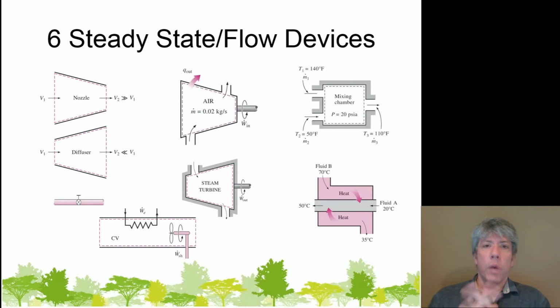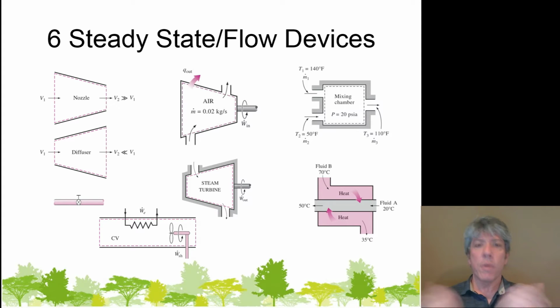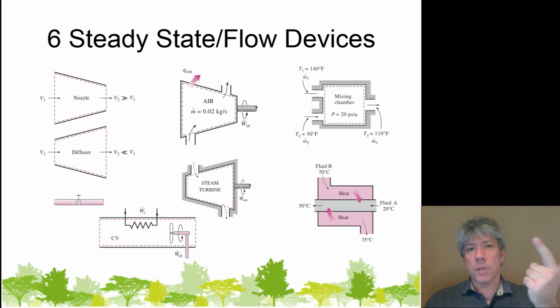So now let's see what these steady flow devices are that could be interesting to us. Well, here they are. There's 6, and I say there's 6, although if you count them, it seems like there's many more, but some of them are reverses of each other. For example, a nozzle is basically the reverse of a diffuser, and a turbine is essentially the reverse of a compressor. So the devices we have are nozzles and diffusers, we'll call that as one, compressors and turbines, mixing chambers,